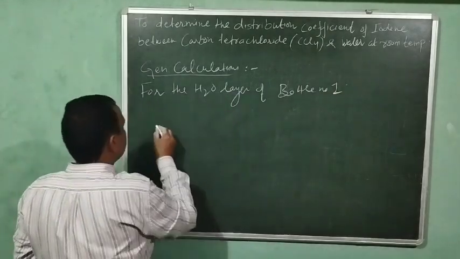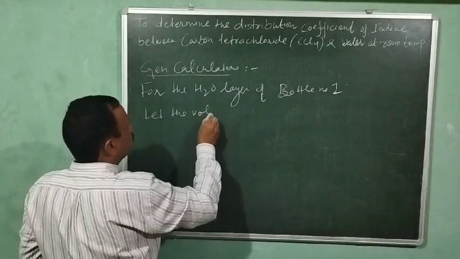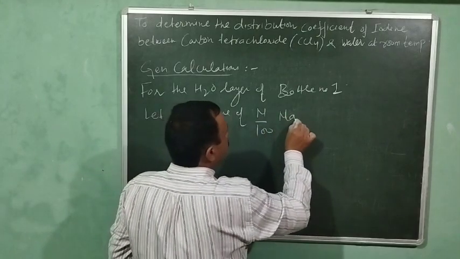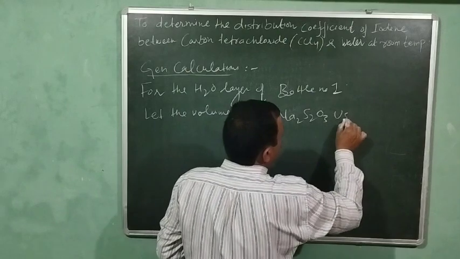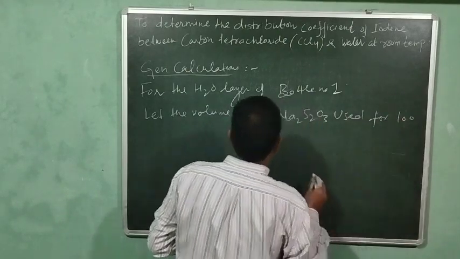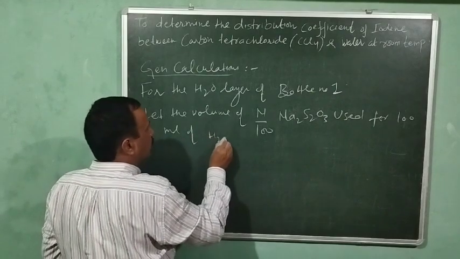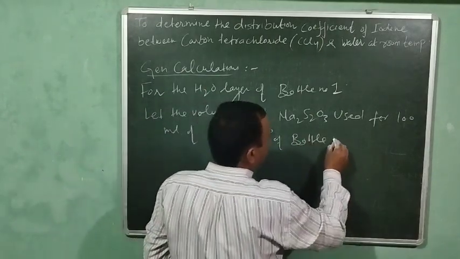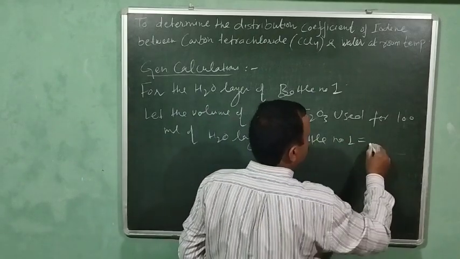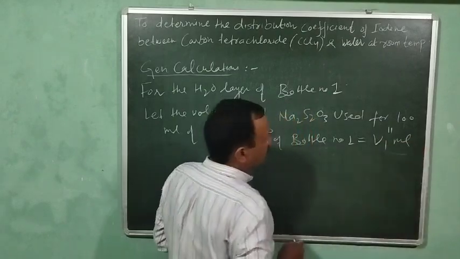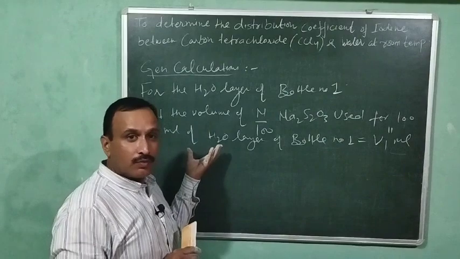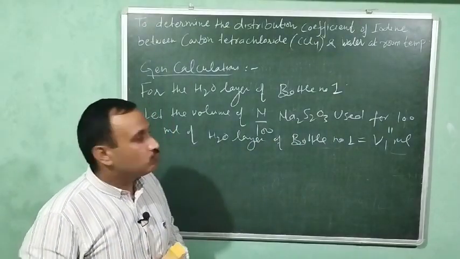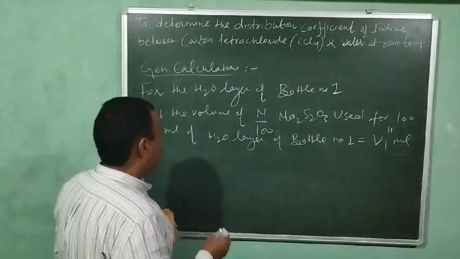So here we will suppose again that let the volume of N by 100 sodium thiosulfate used for 10 ml of water layer of bottle number 1 is equal to V1 double prime ml. तो यहाँ भी हमने सपोज किया है कि जो आपकी बॉटल नंबर 1 की एक्वस लेयर है उसके 10 ml के लिए N/100 सोडियम थायोसल्फेट सोल्यूशन का कितना ml यूज हुआ, V1 डबल प्राइम ml। देन अप्लाइंग द नॉर्मेलिटी इक्वेशन,